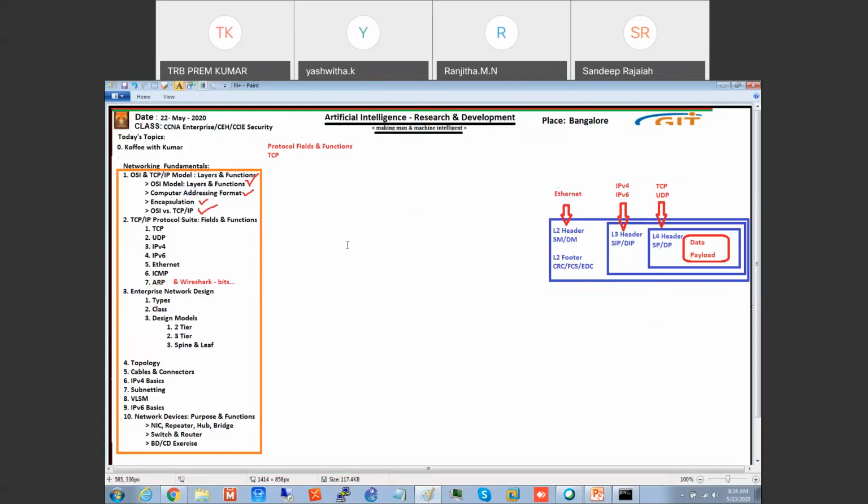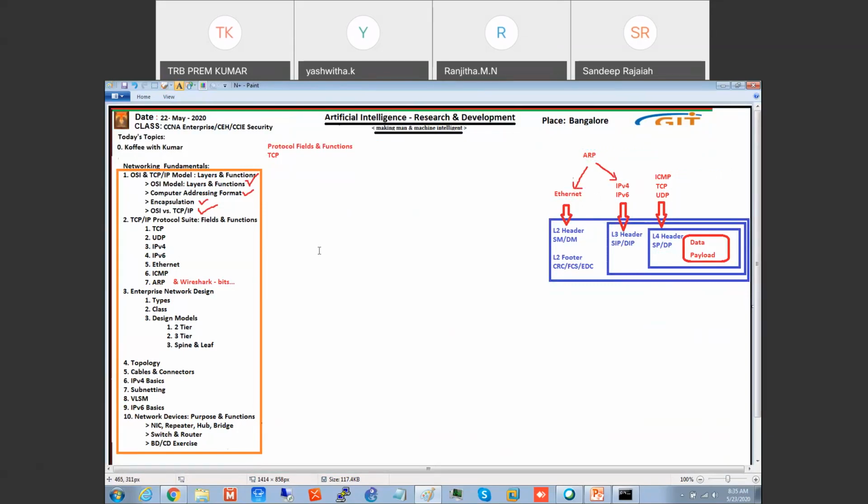After this, we'll study ICMP and ARP. There are two extra protocols we're going to study. ICMP comes here, and ARP comes between these two. ARP is basically a protocol that uses these two. ARP is Address Resolution Protocol, which takes an address: if you give the IP, it finds the MAC address. So basically, it works between IP and MAC. These are the protocols we're going to study now, one by one.